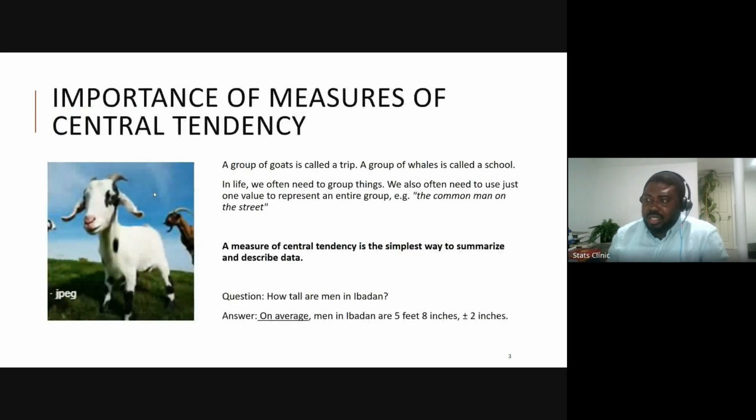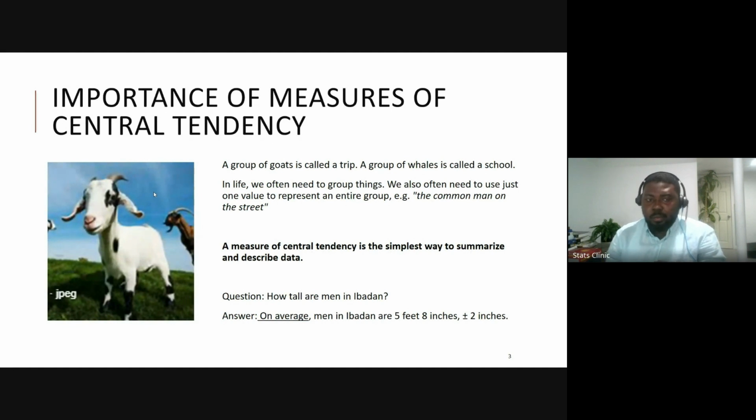Measures of central tendency really are ways that we summarize and describe data, right? And the most important one that comes to mind is the average, and the average is the same thing as the mean. So someone might ask, on average, how tall are the participants of the STATS101 class?